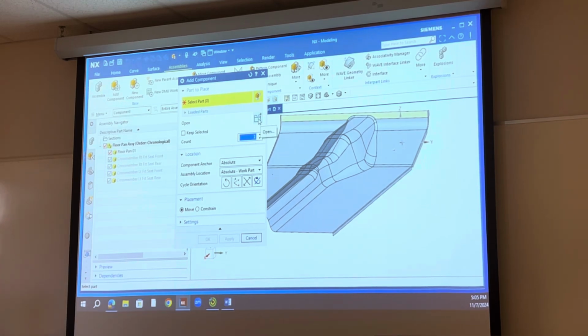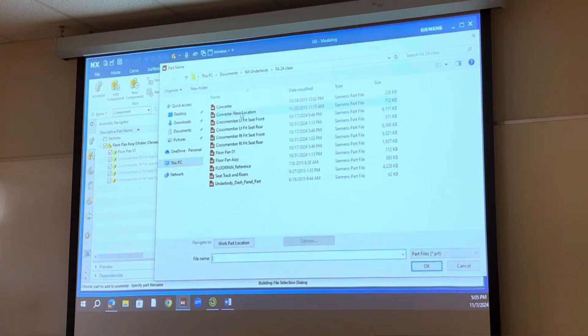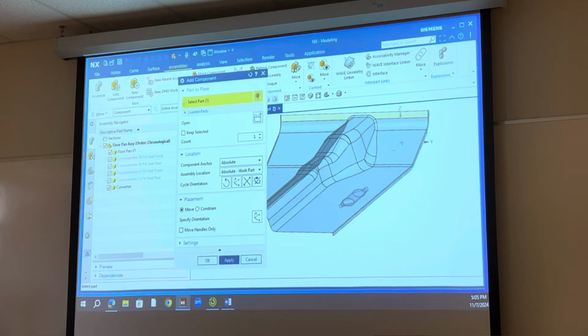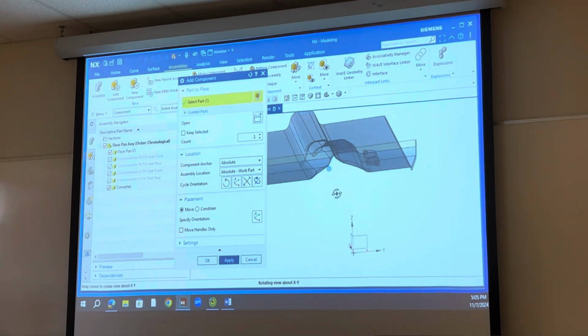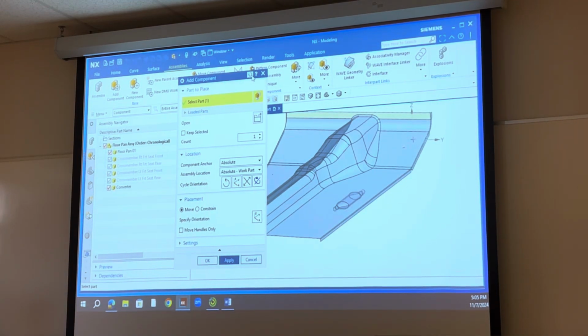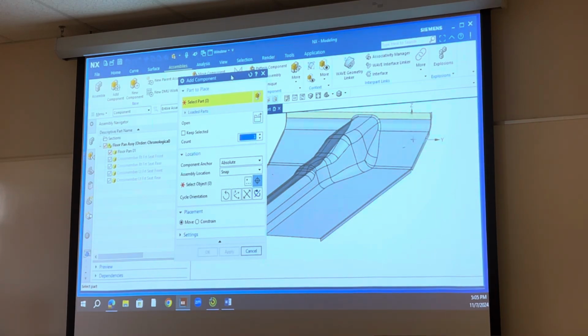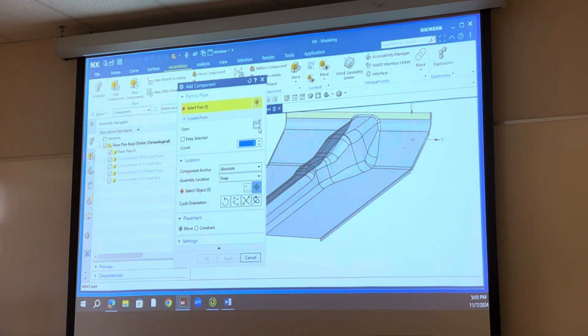I want to grab the converter, and if you had downloaded it from D2L, obviously you got it in a folder somewhere. So I have it in a folder right here from my Fall 24 class. Just opening it, or I'm adding it, and it does say, make sure you're, well, I think I say this. Well, it doesn't say it, but you want to make sure it's in absolute position. Sometimes this default, let me see what the default is. Yeah, if you do the default for add component, and you pick a component,